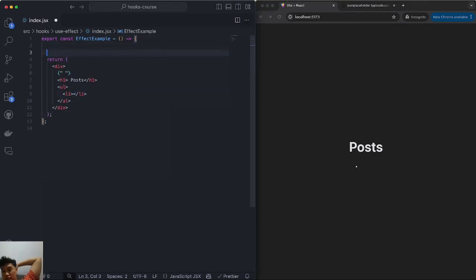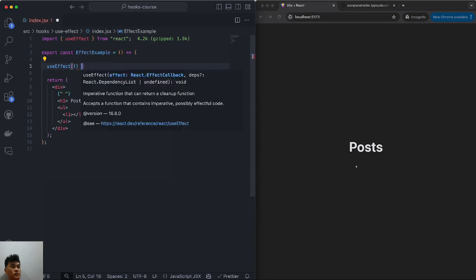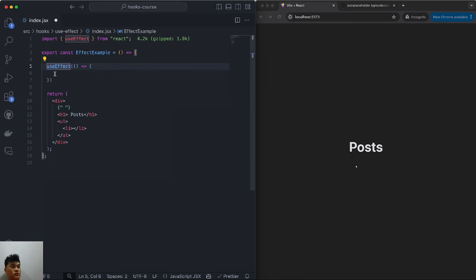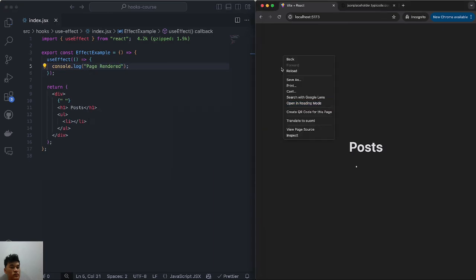So to do that, I want to create the useEffect hook. Perfect. You saw it also auto imported over here. Now, the notation for the useEffect hook is very simple. You call the hook, always obviously inside of your component, never inside of an if statement, just like all the other hooks. And inside of here, you put a callback function that will execute whenever your useEffect is supposed to. So whatever action information you put over here, like console log page rendered, you'll see that it will actually